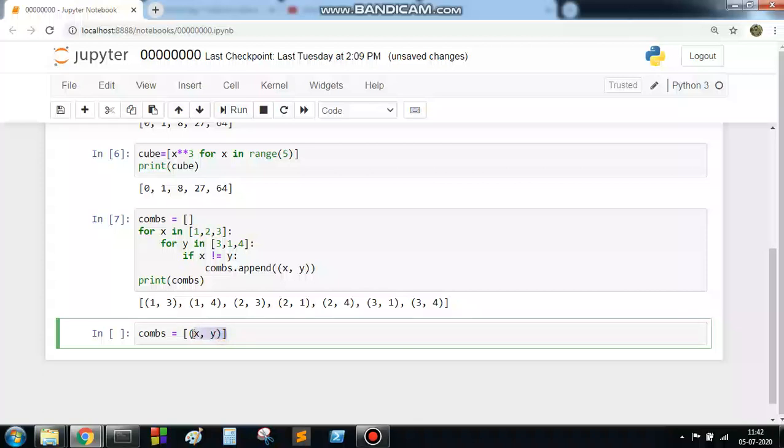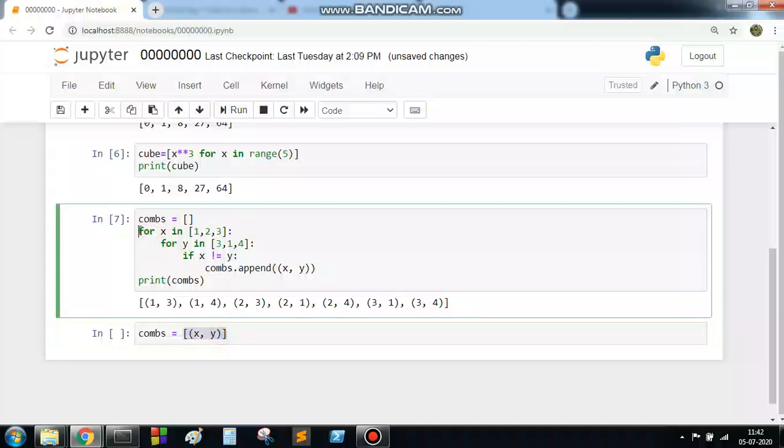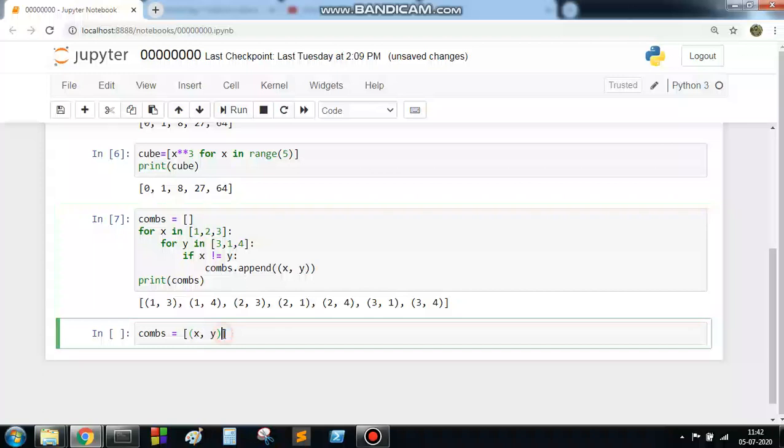To get this tuple, what is the first loop you need to enter? You need to enter the first for loop: for x in 1, 2, 3. Then I go for the second for loop: for y in the list 3, 1, 4.